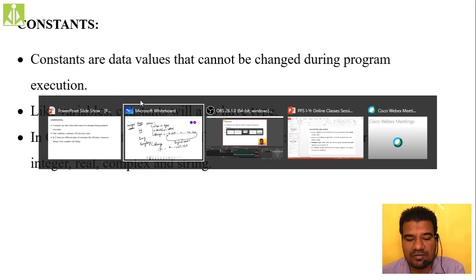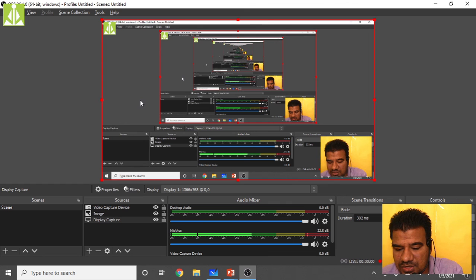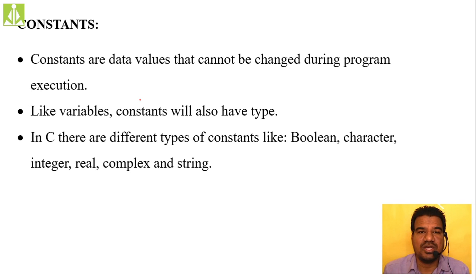Now we have the concept of constants. What is the time? It is more than an hour, so we'll stop the discussion over here itself. After the discussion of these constants, we have two more things. One is the difference between syntactical and logical errors, and the difference between source code and object code. In one more session, hardly one more session, I will explain constants, syntactical and logical errors, and also source code and object code. These three concepts we will discuss.